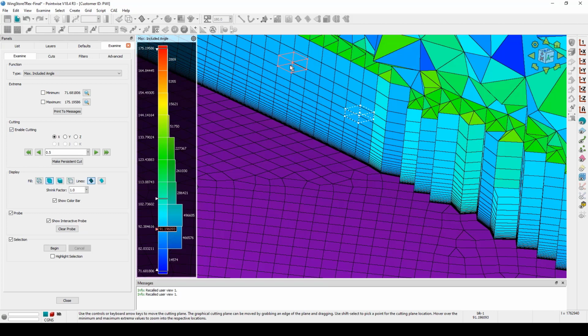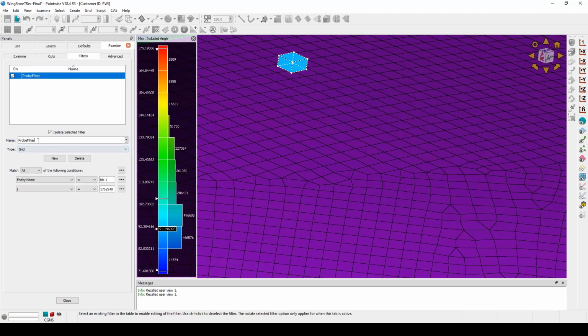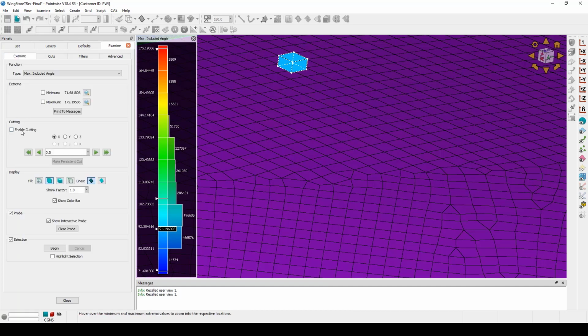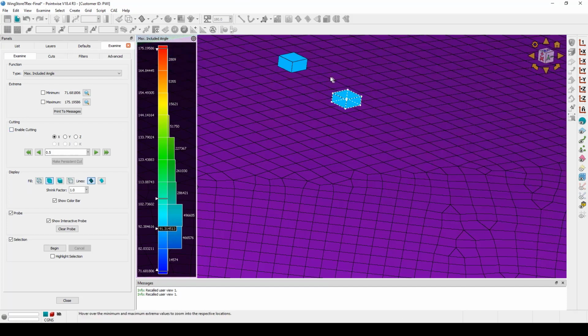So if we were to select another one and disable the cut, it has just overridden the filter we had. So what we can do instead is just change the name of our filter. And now if we enable the cut and choose another filter, we can keep both around and look at them through different metrics. So this is how you can create a cell filter using the right mouse button in Examine,